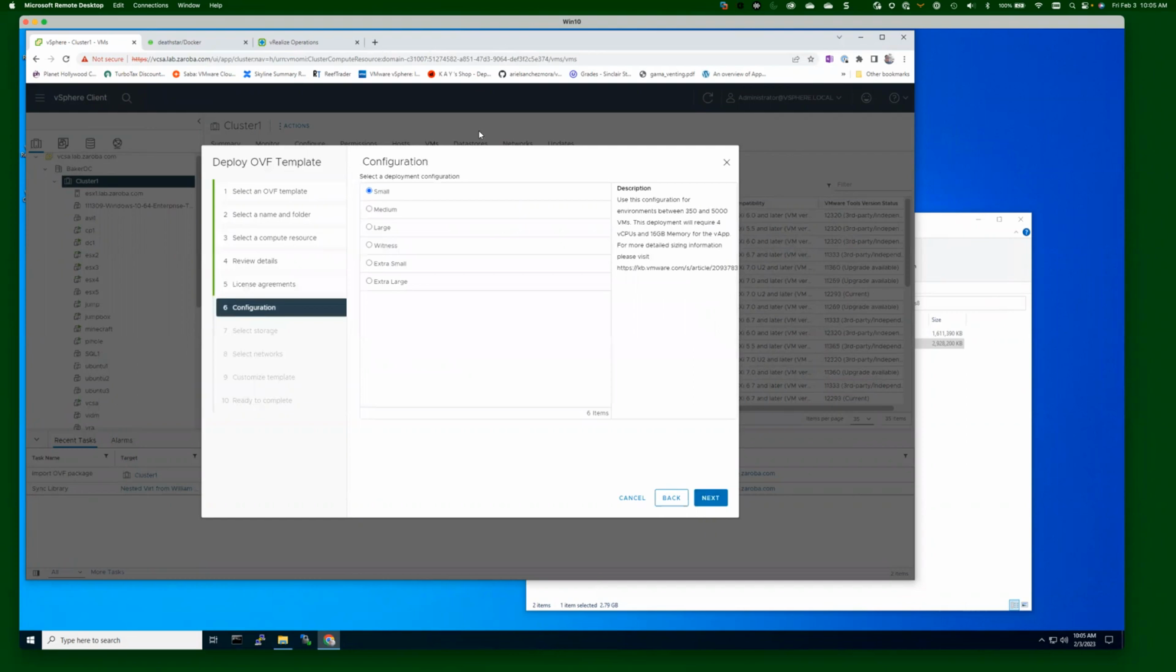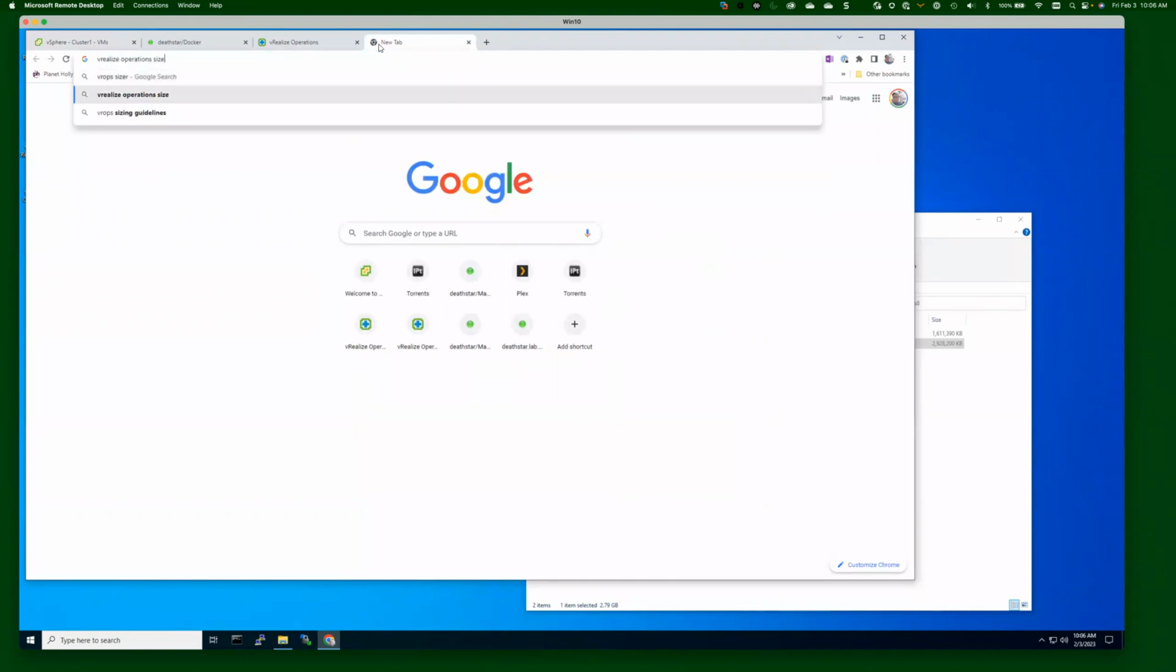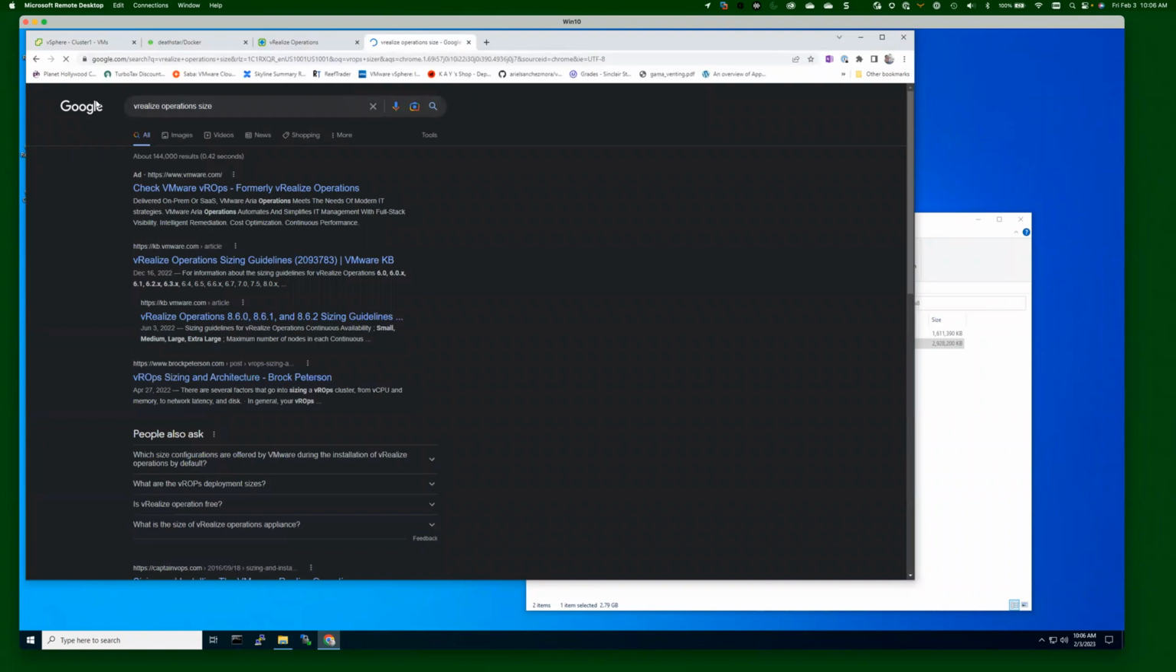And the next piece here is the configuration. We've got several sizes of vROps nodes that we can use, and there's actually a vROps sizer out here. So there's a sizing guide, and then there's also a sizer. So we come out here and take a look at this. There is